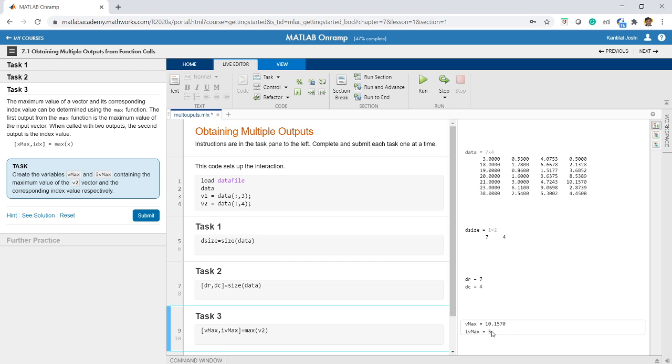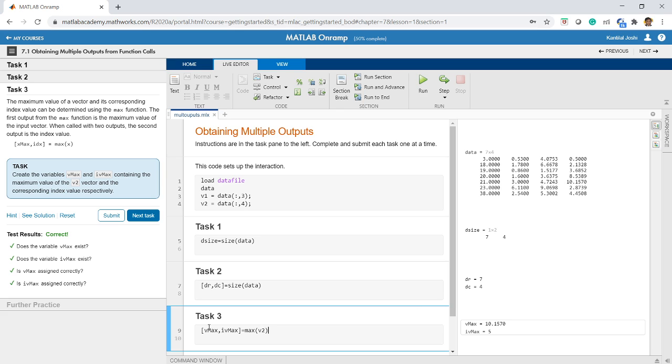If I count from the top, 1, 2, 3, 4, 5, the fifth position has the maximum value. That is why ivmax is 5. So this has to be clearly understood: the first variable gives you the maximum value, and the second one tells you the position where that maximum value lies.